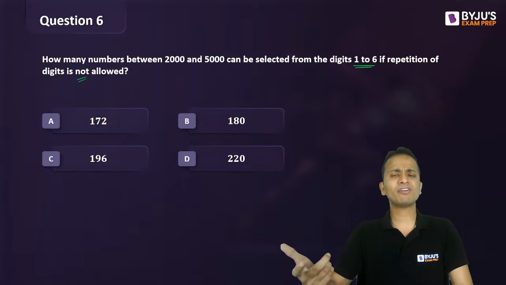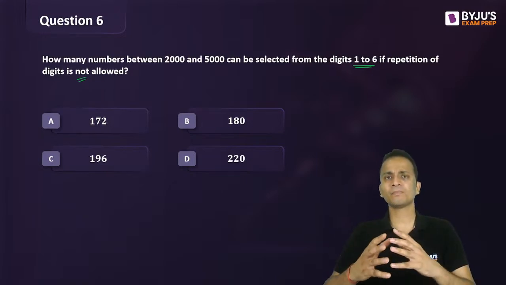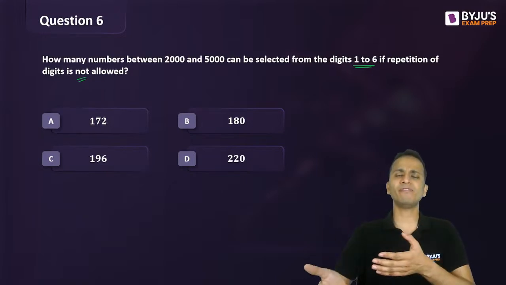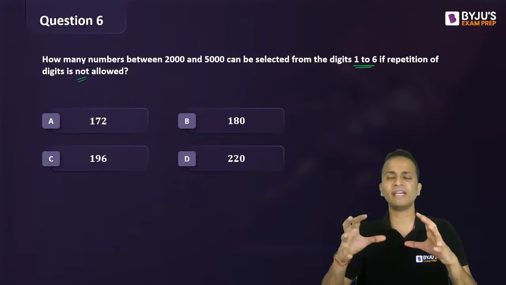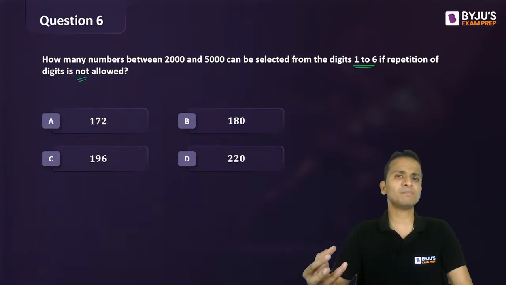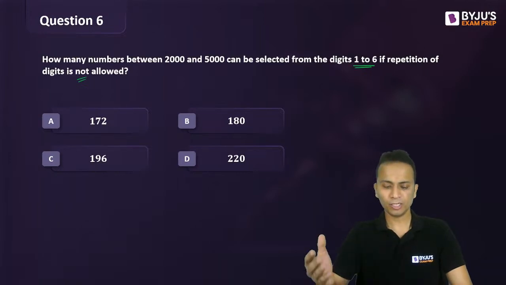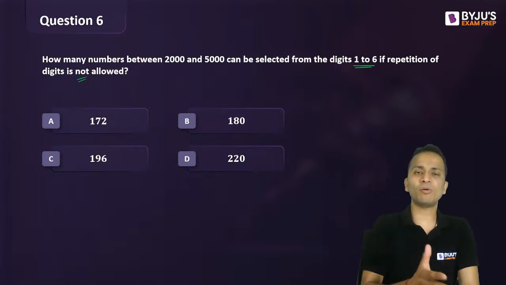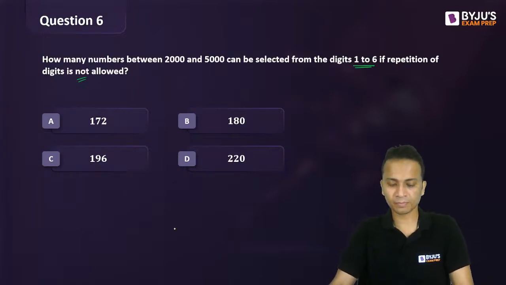Siddhant, I have done the previous one using Venn diagrams only. It's just that I have not drawn the Venn diagram, right? So even if you draw the Venn diagram, eventually you'll have to use the formula that I have used, because that formula came from the Venn diagram setting only. Otherwise, if you draw the Venn diagram, it will be very cumbersome and slightly lengthy. So it is better to remember the formula that I have used there, in case you want to save your time.